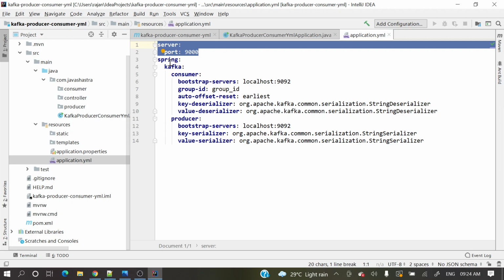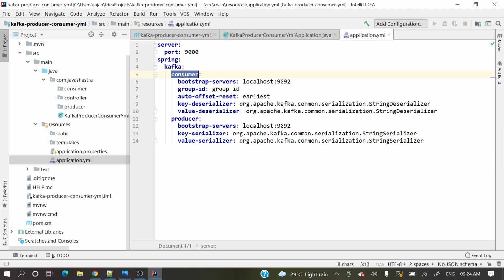Now, spring kafka consumer: this is the configuration for the consumer. This is the bootstrap server, meaning the Kafka server the consumer connects to. Whatever the consumer reads, it reads from this Kafka server.